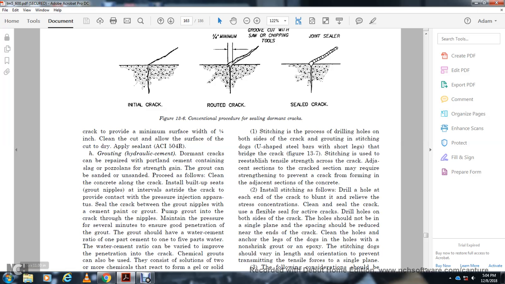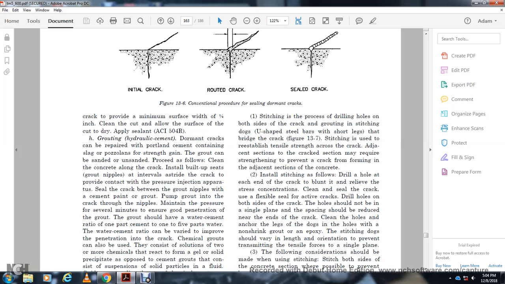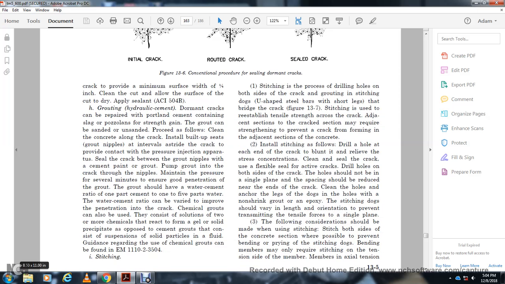The grout should have a water-cement ratio of one part cement to one-half part water, though the water-cement ratio can be varied to improve penetration into the crack. Chemical grouts consist of a solution of two or more chemicals that react to form a gel or solid precipitate, as opposed to cement grouts, which consist of a suspension of solid particles in a fluid. Guidance regarding the use of chemical grouts can be found in EM